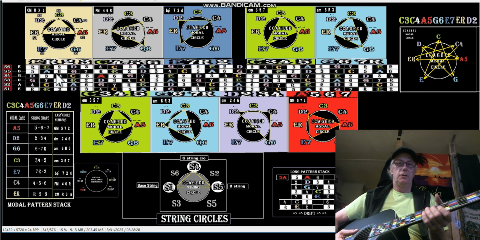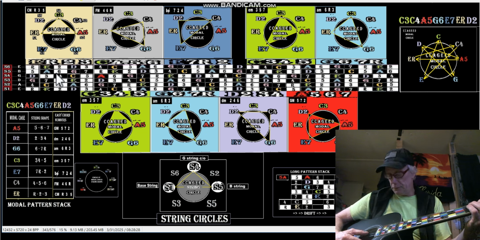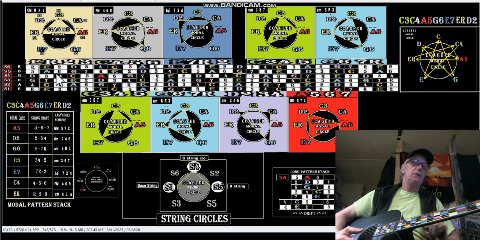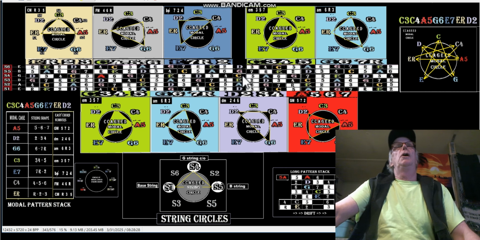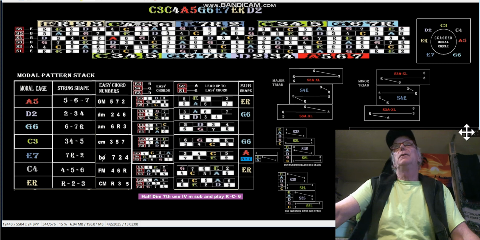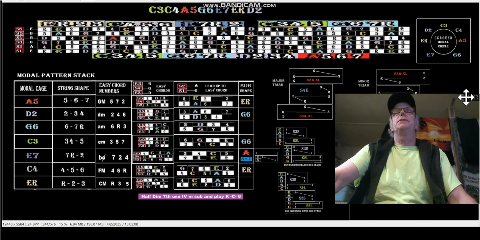Without going up constantly. We want to take advantage of the open strings, so we're going to do, see how you can kind of bounce a little bit on those open strings, and it keeps you in the cage. So let's move along, because we have more to look at. Next, we have a little bit of chart 333, easy chords for the modal CAGED boxes. Okay, that's chart